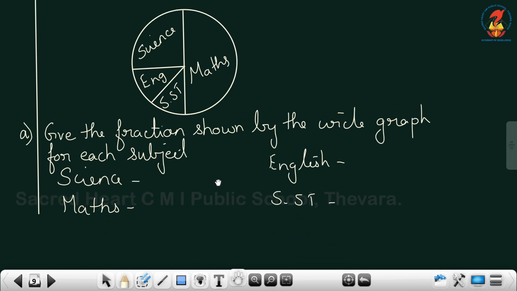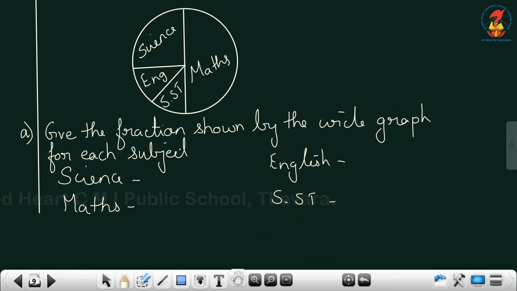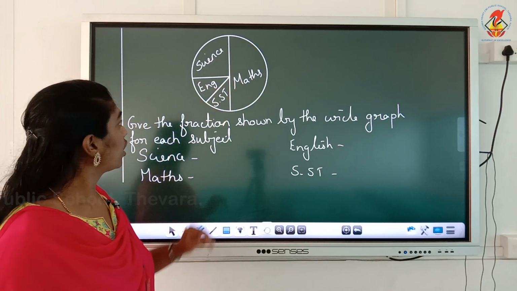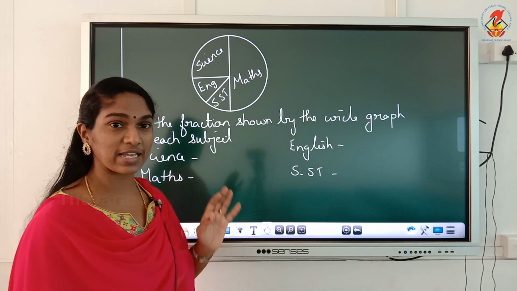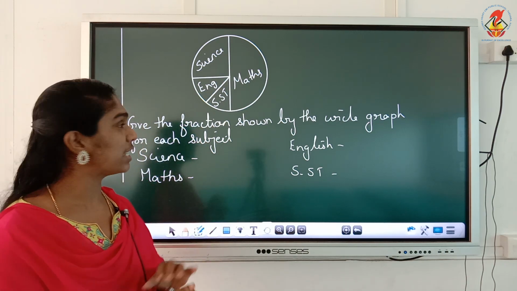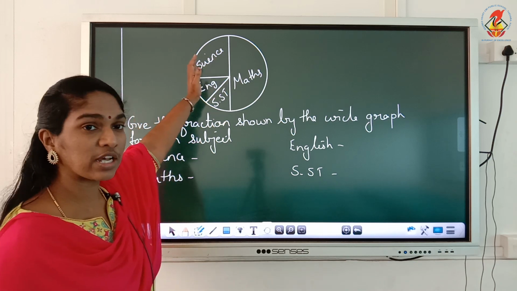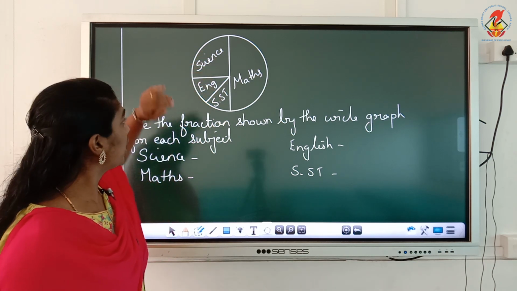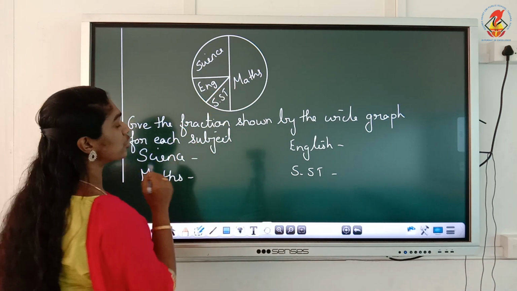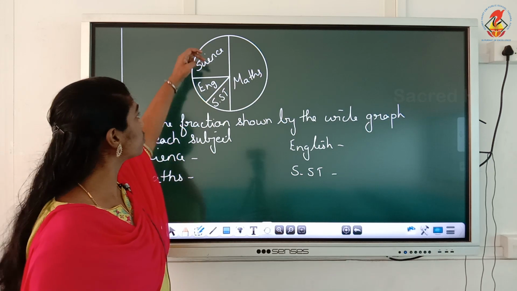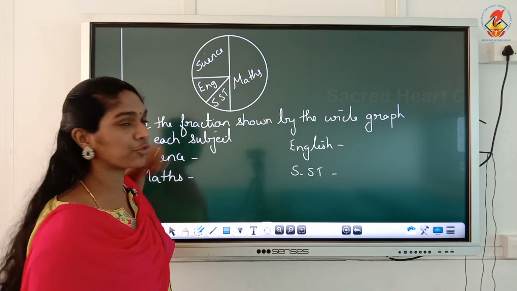So we will see what the circle graph is showing us. You can see the circle is divided into two halves first. The first half is maths. So half of the hours she is taking for maths. The rest of the half is taken by science, English and social studies. That half is again divided into two. So when you divide the half, it becomes 1/4, 1/4 and 1/4 over here.